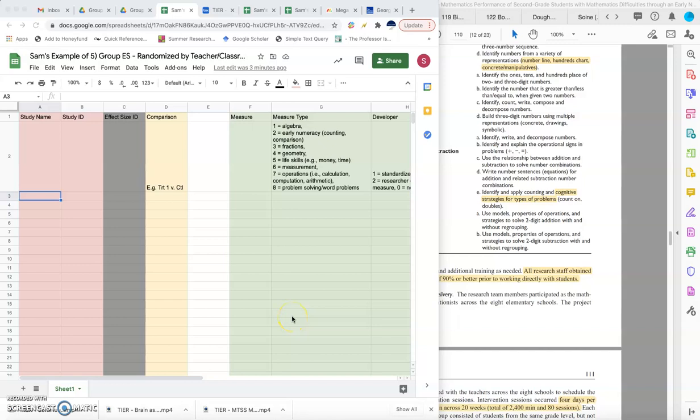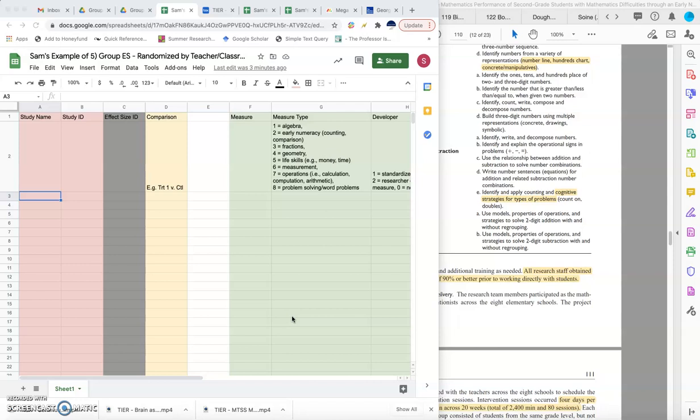All right, we are officially on to our last group design coding sheet. Woohoo! And this one, I don't think we're even going to find an example in all of the studies. I've screened through about 2/3 of our studies that we have, and I haven't found one yet that meets this criteria, but I'll just walk you through this coding sheet, assuming there might be a hypothetical study out there that